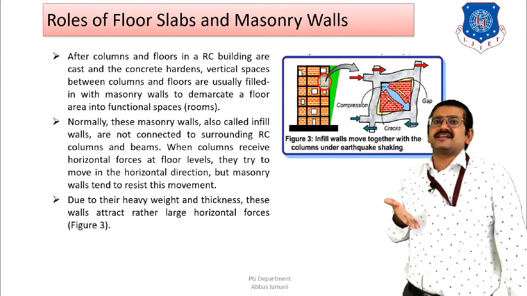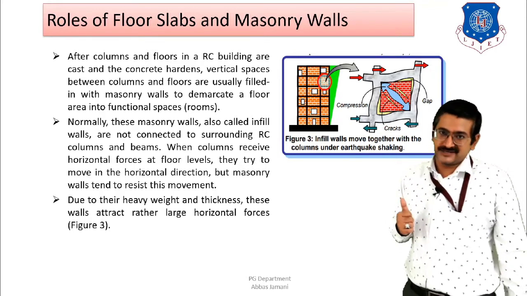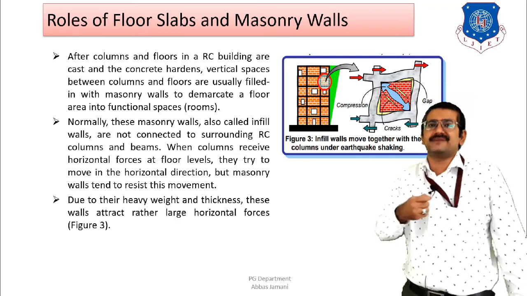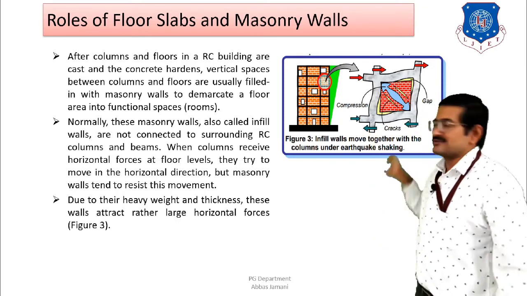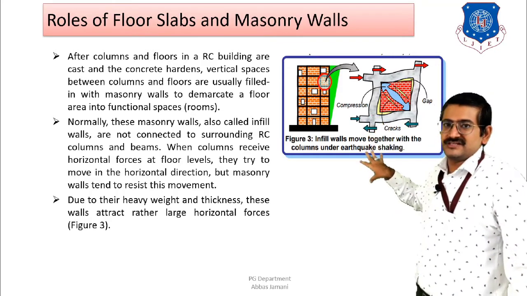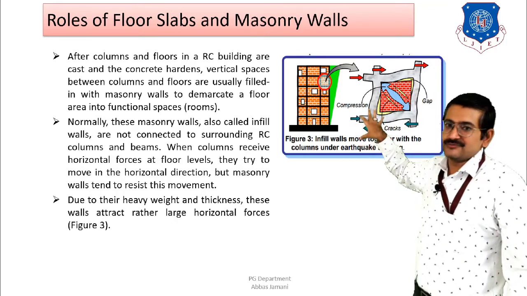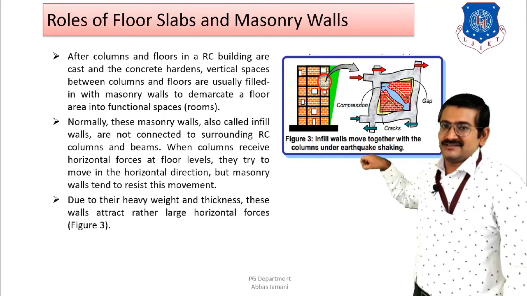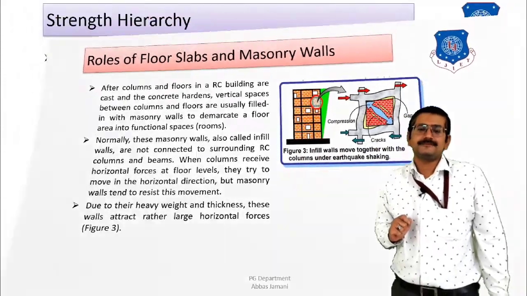Because the tensile strength of brick or masonry is very low compared to its compressive strength. It is a brittle material, right? It has good compressive strength, but not tensile strength. Whenever this couple is generated, the top half of the building is under tension and the bottom portion is under compression. As a result, cracks are likely to be observed in the top portion, and gaps may also form between the bricks and the beam column joints.